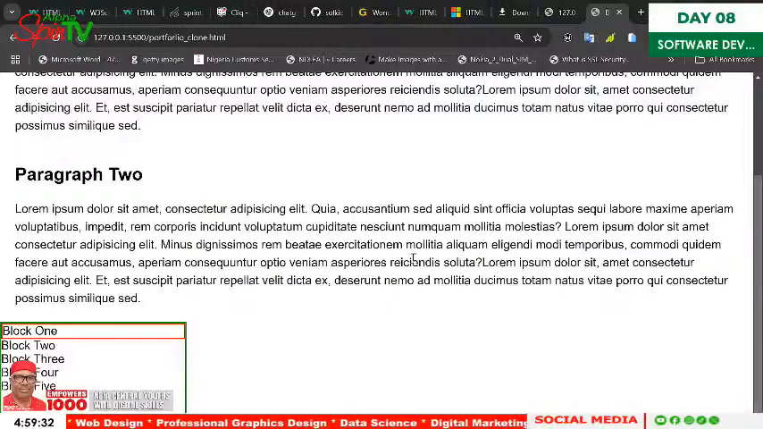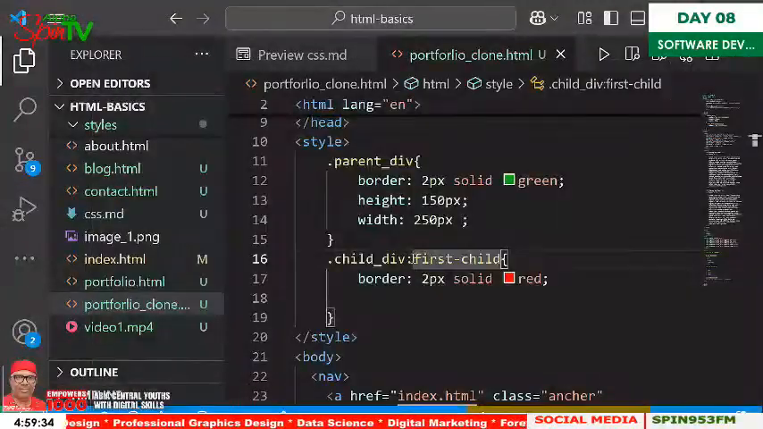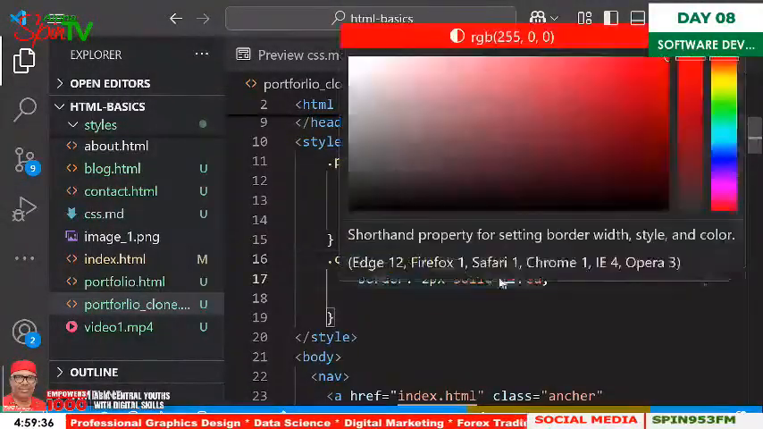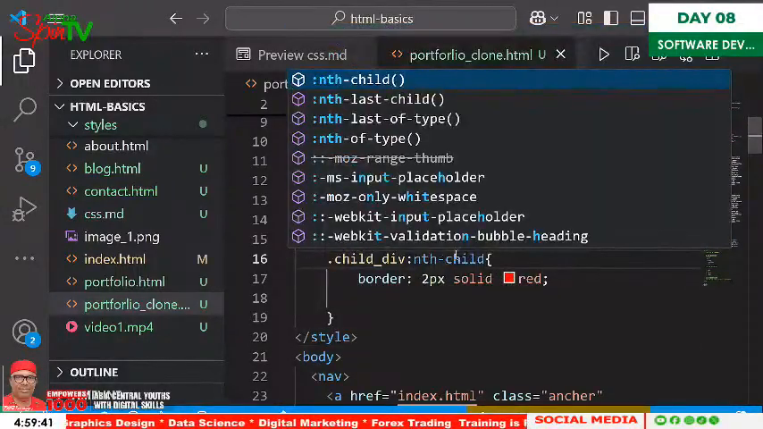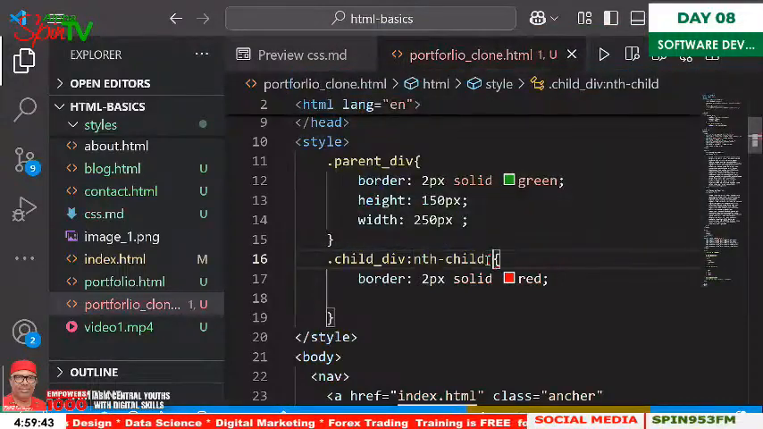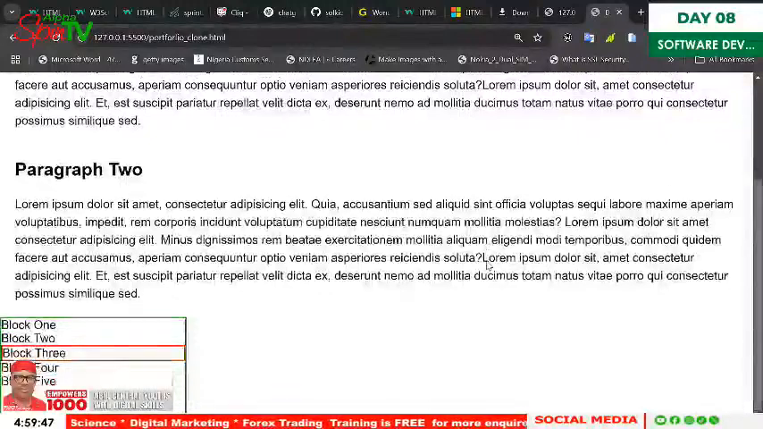Are we together? If you now want to specify any other child, you now use the nth-child and specify the location of that child. If it's the third one, I will specify the location. You can see it's on block 3. Do you see that? All right. So